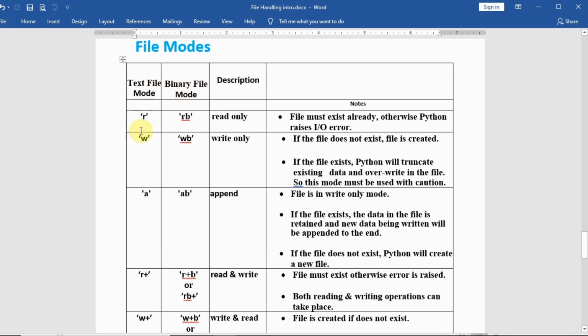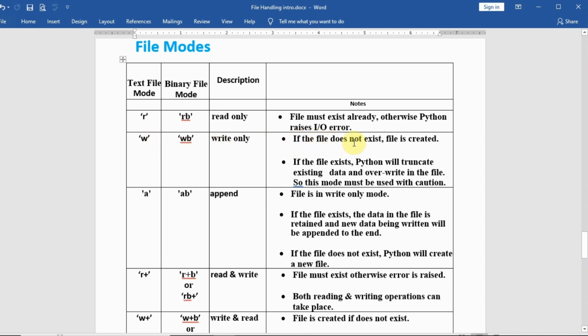The first is R. When we write R in the mode, the file must exist already, otherwise Python raises an input output error. Next one is W. W means write only, R means read only.